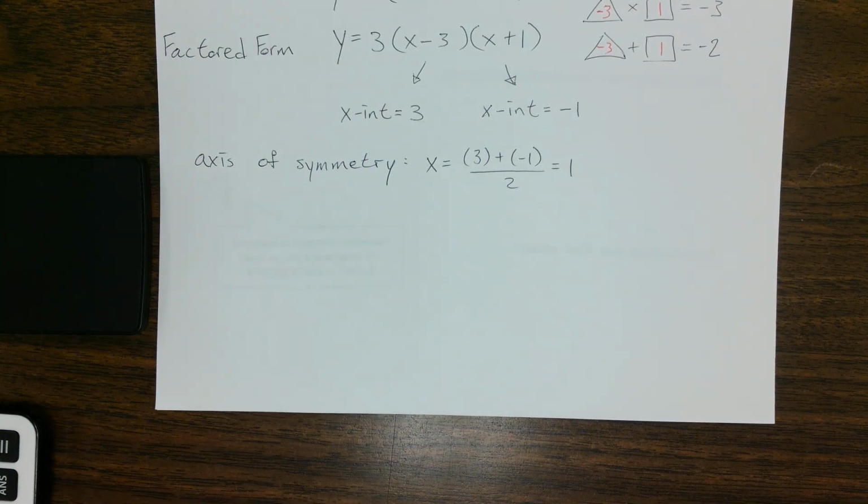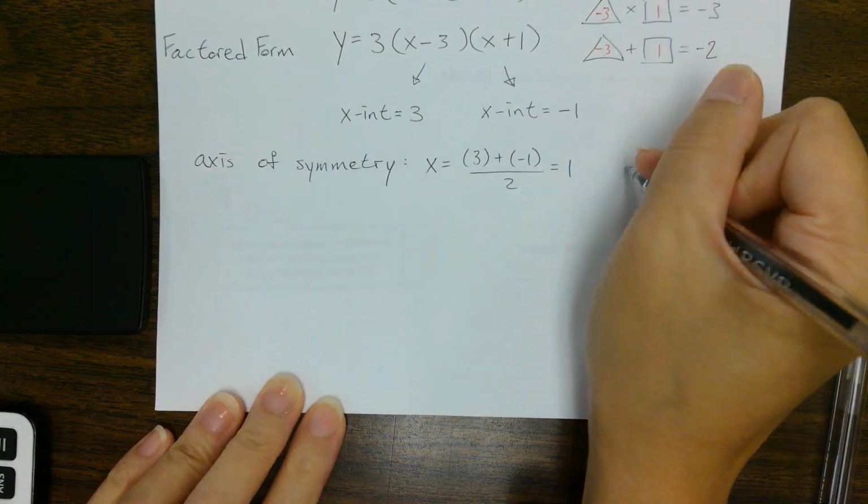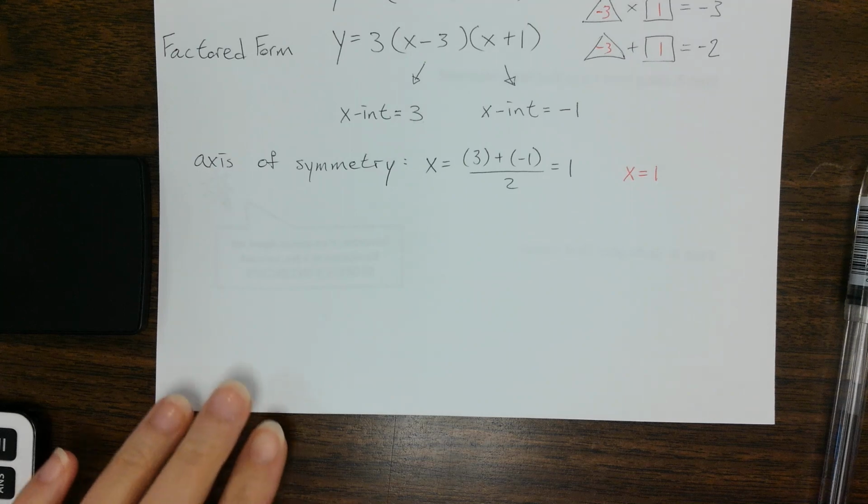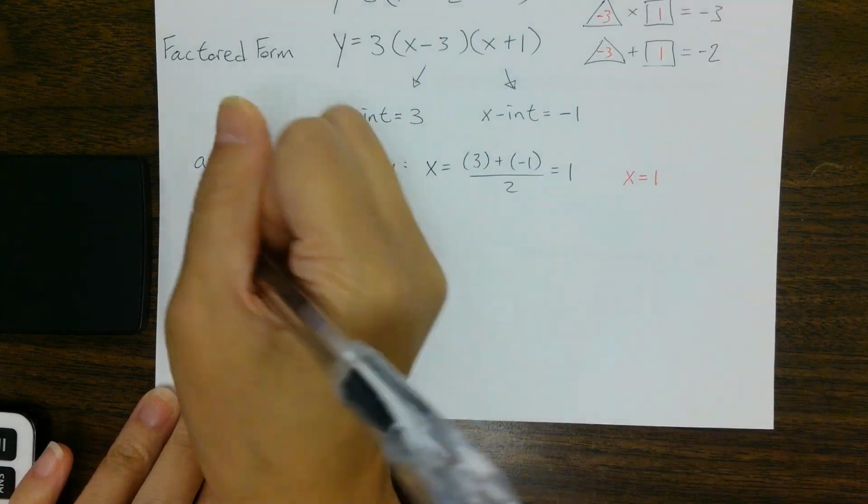On the test, if I ask you what is the axis of symmetry and you just say 1, you're not going to get the mark. Make sure you write x equals 1 for equation of axis of symmetry. It's not an equation unless there's an equal sign. So to write your axis of symmetry, you always write it as an equation. Okay. So when x is 1,